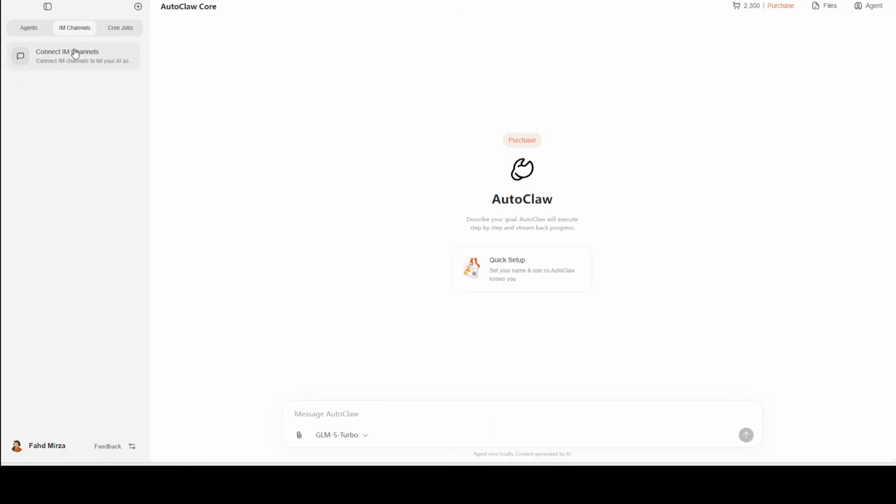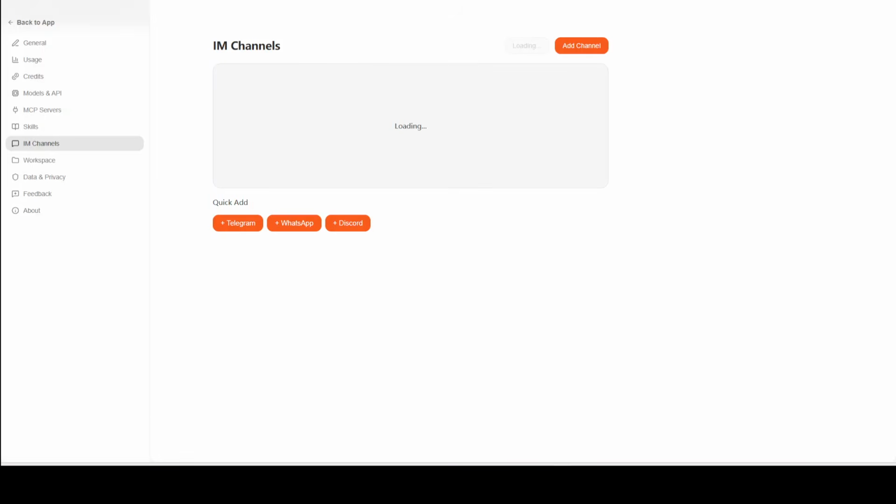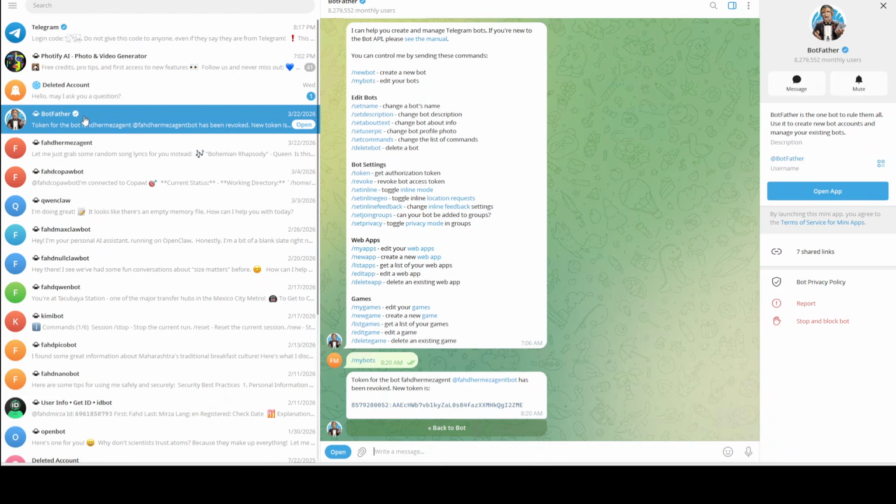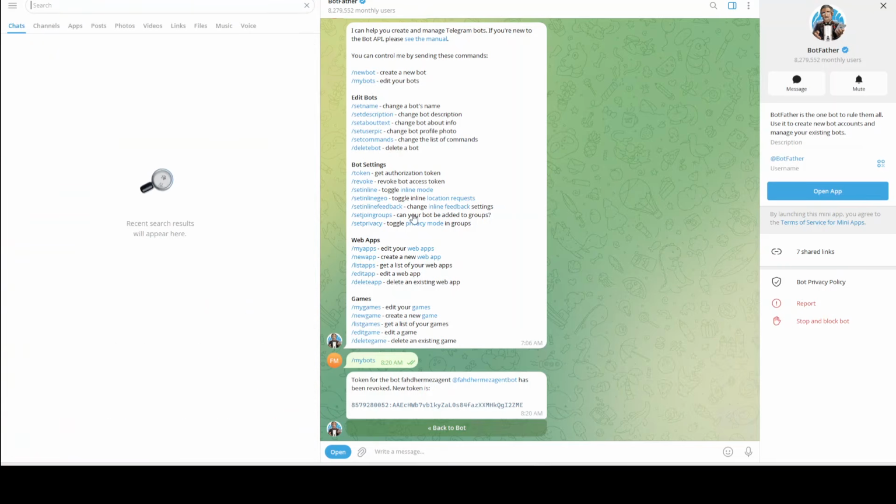Now let's connect the IM channels. I'm just going to connect my Telegram. So let's click on it. And then you can just simply click on Telegram for the quick add. And it is asking for your Telegram bot token. Just open your Telegram, go into the BotFather. If you can't find it, just search for it here in the top,